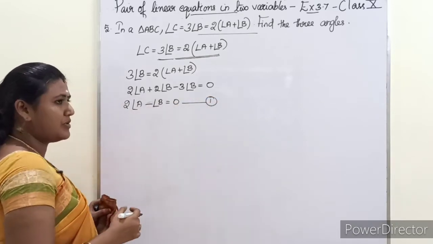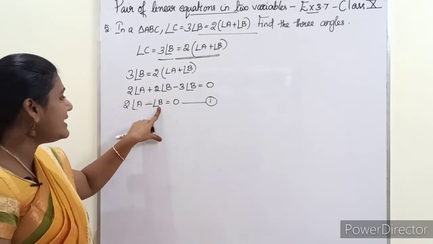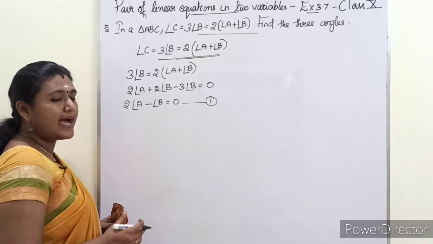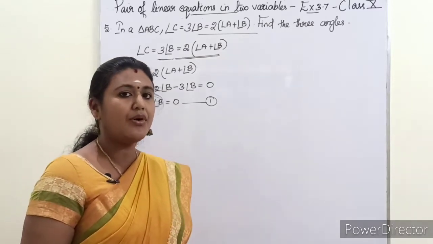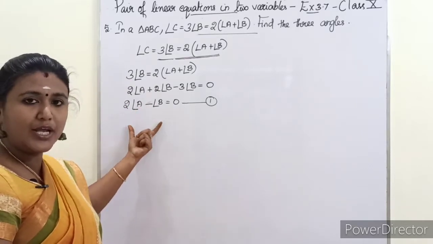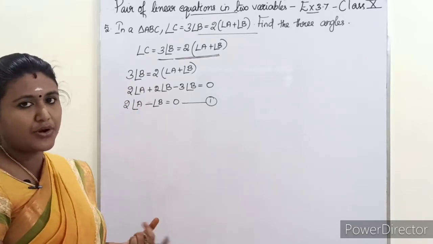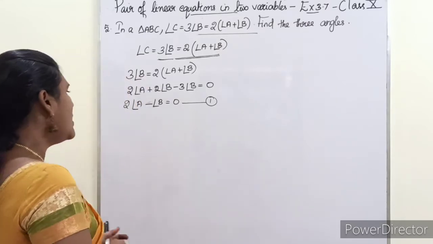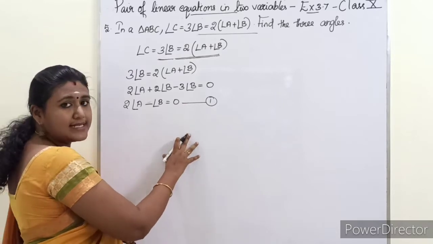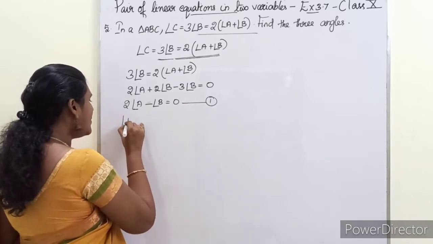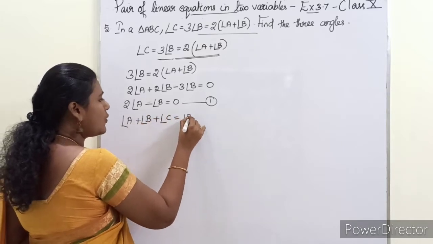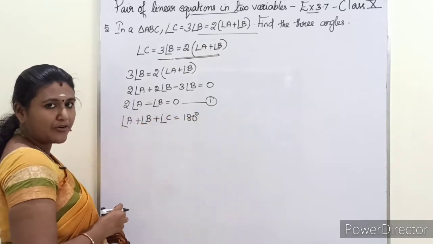So we got an equation in terms of angle A and angle B. Okay, so these are the variables here, angle A and angle B. So next you have to form another equation in angle A and angle B. Then only you can solve using elimination or any one of the algebraic methods. So for deriving the second equation, we are taking the angle sum property of a triangle. You know that angle A plus angle B plus angle C is equal to 180 degrees. Angle sum property of a triangle.